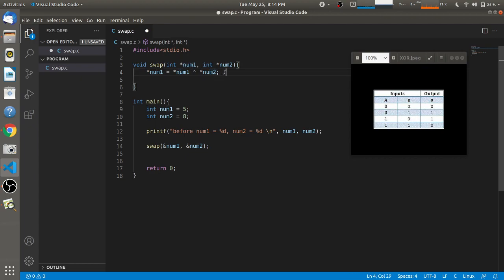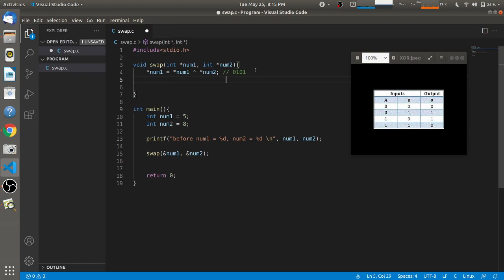On the bit level, 5 is represented as 0101, and num2, which is 8, is represented as 1000.